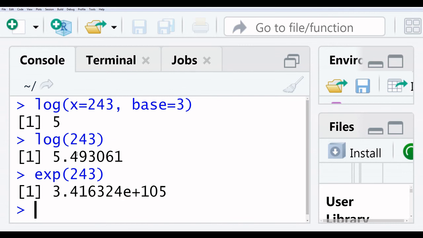If you want to find the x value with a different base like base 3, base 10, base 2, then you program it like this. Log x is equal to 243, which is your x, and the base, and you get the answer of log. And similarly, if you want to find the inverse of log, simply write exp and the number whose inverse you want. Here is the answer.